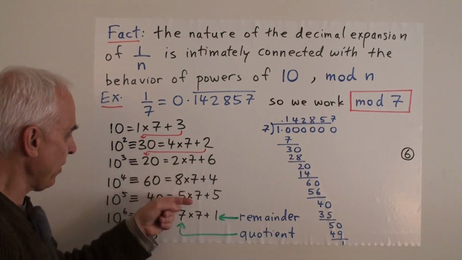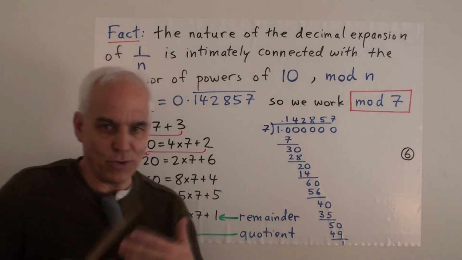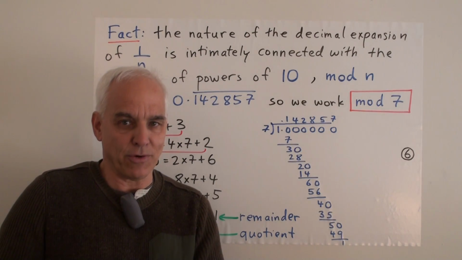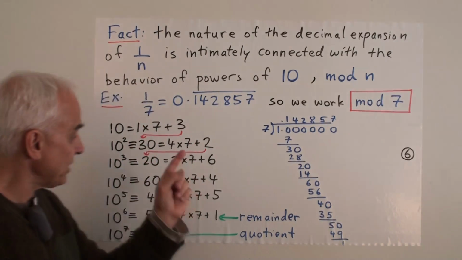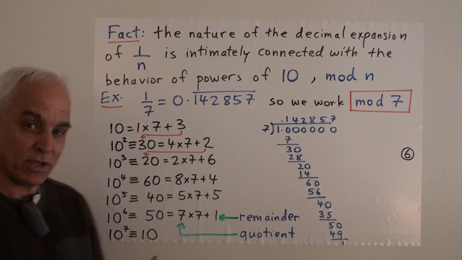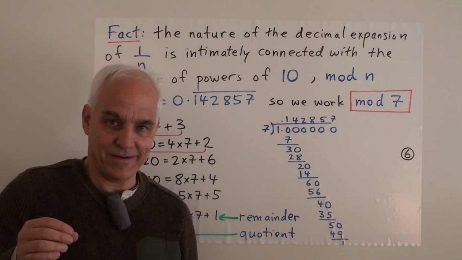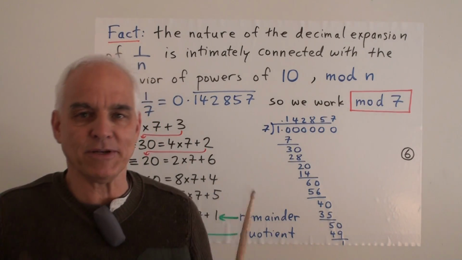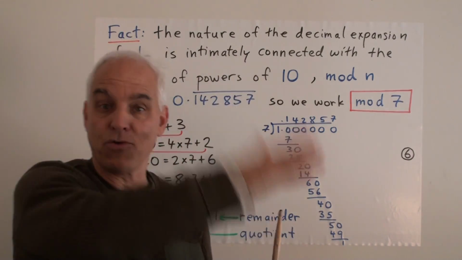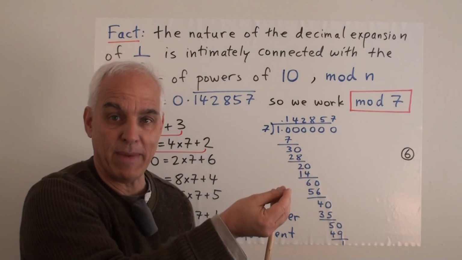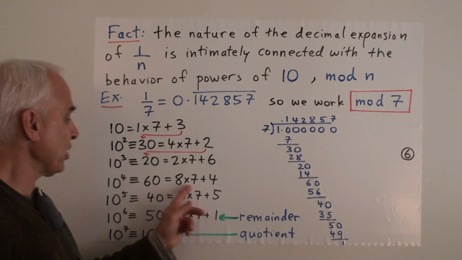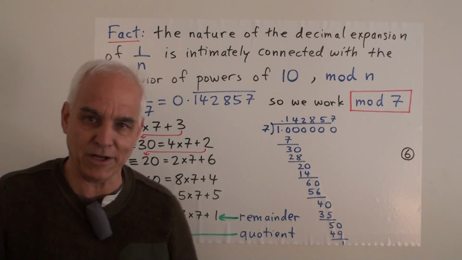But what we're doing here is a little bit more than what we did with the congruence or modular arithmetic story, because we're also taking into consideration what the quotients are. When we were doing modular arithmetic, the whole point was to ignore quotients and just focus on remainders. Whenever we had a quotient like this, at the next step we just threw it away and ignored it.